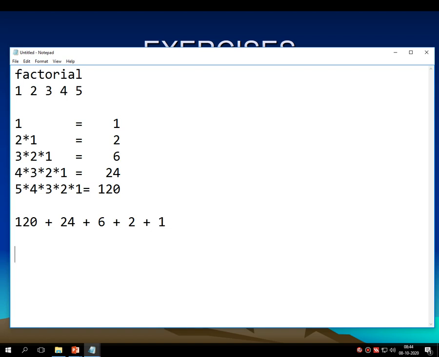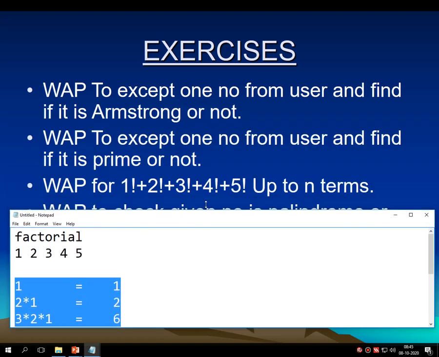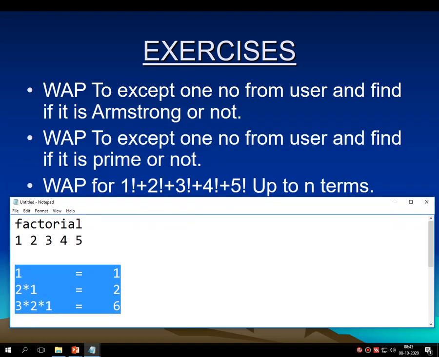So the output would be 120 plus 24 plus 6 plus 2 plus 1. It's 153. So the sum of the factorials of these numbers is 153. This would be the logic for finding out the sum of factorials of a number for n terms.